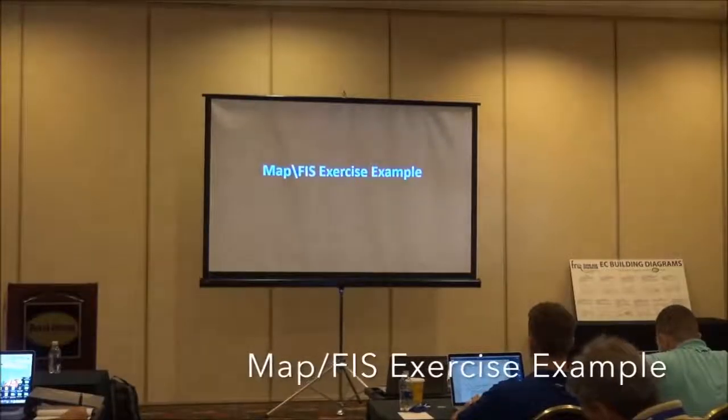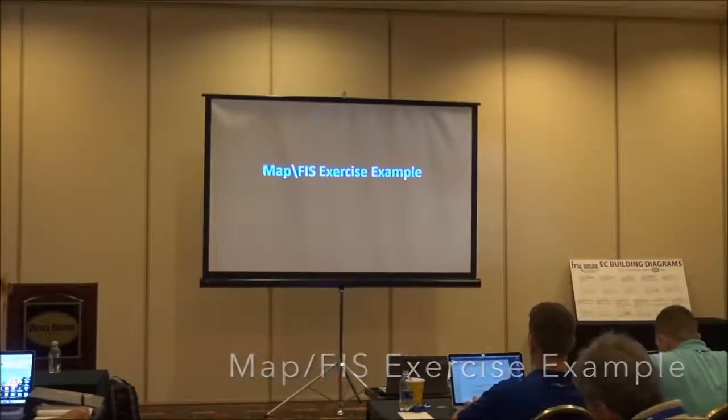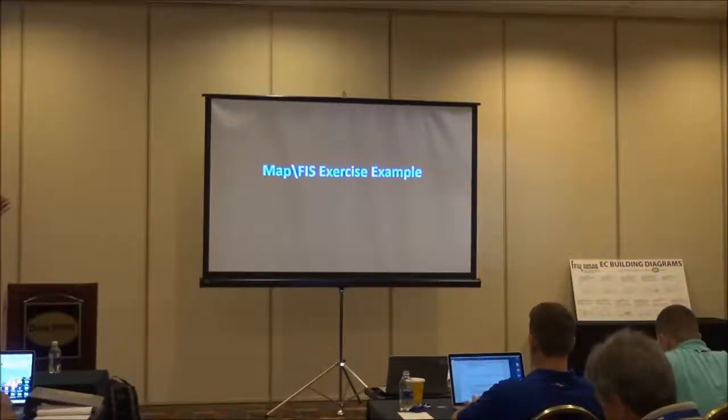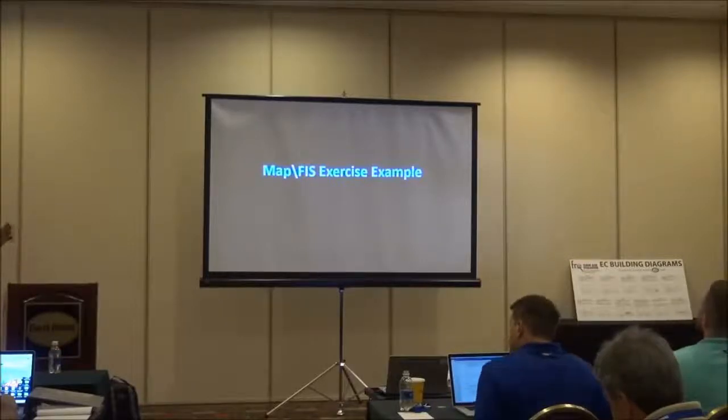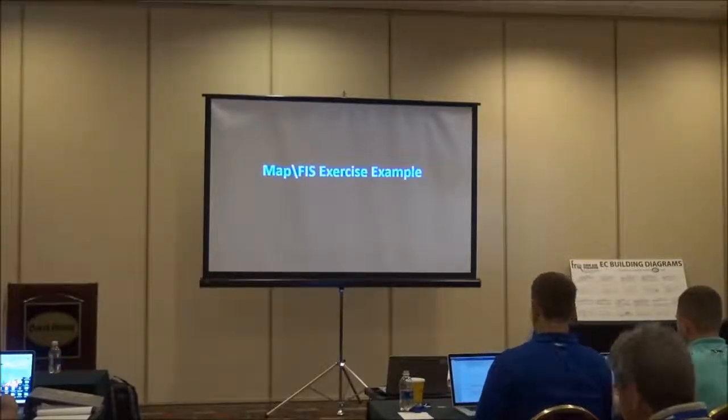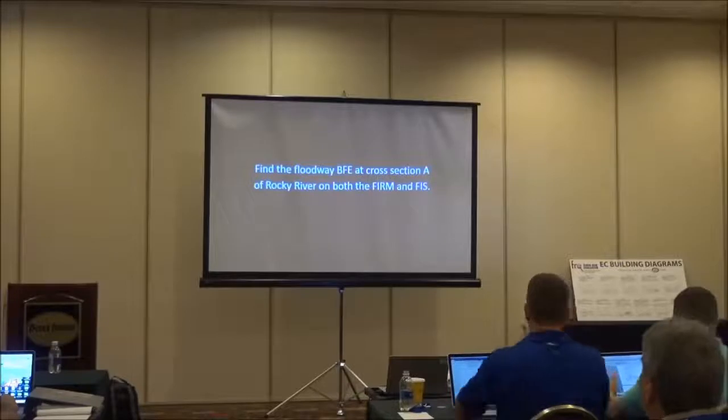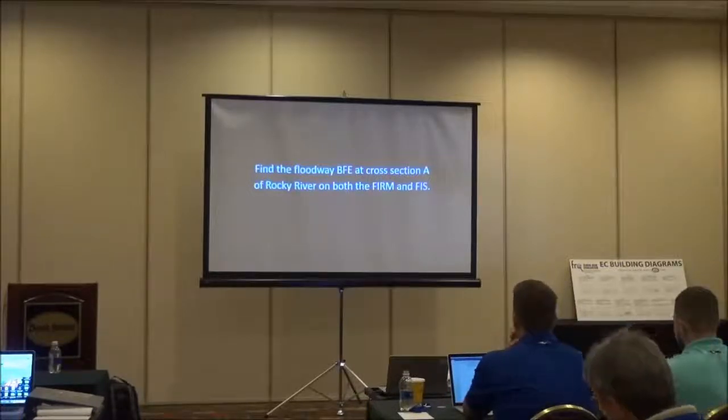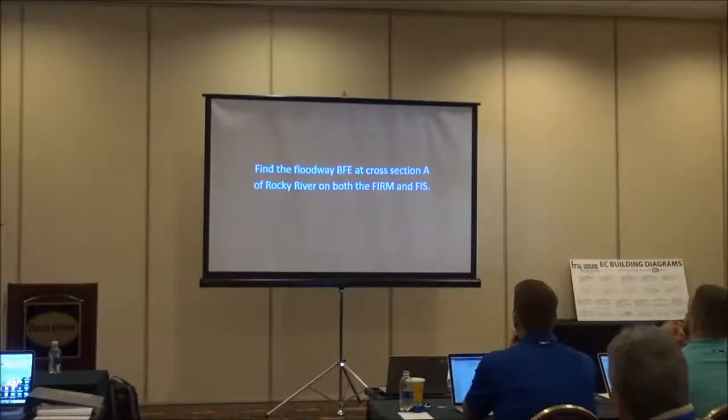So here's our map FIS exercise example. We're going to run through some sample questions. They're not really questions as much as they are scenarios, but the idea is to see more than one item from the questions. So, find the floodway base flood elevation at cross-section A of Rocky River on both the FIRM